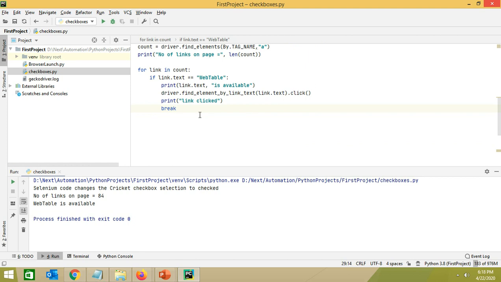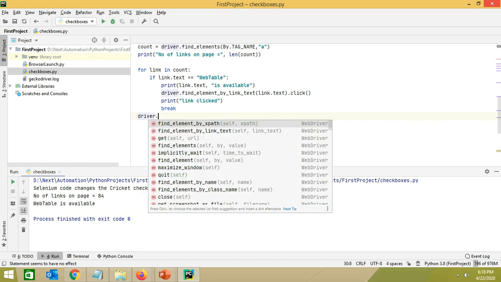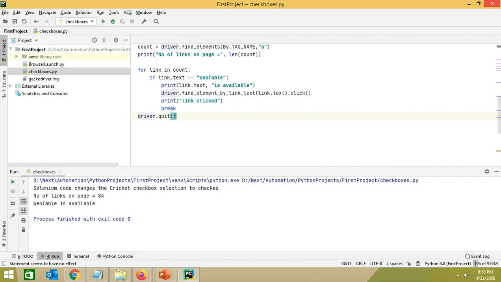Let's save this program, and also I want to write driver dot quit here, and just to see all these operations, let's add time dot sleep here.